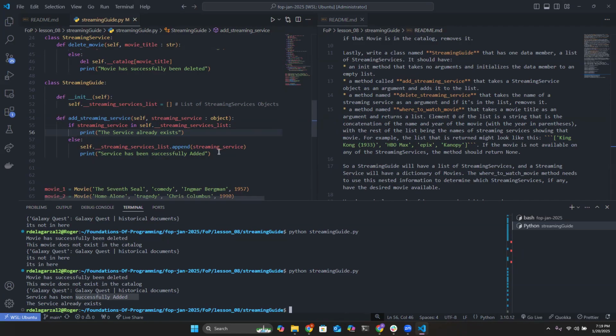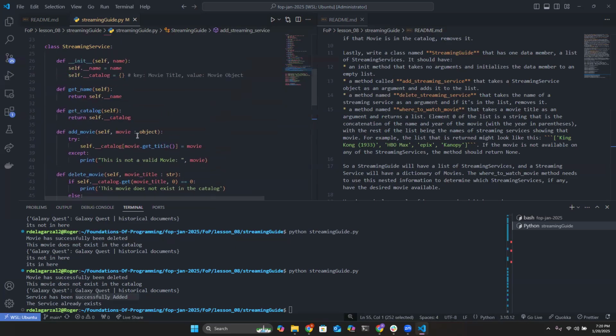Now, what issues might you encounter with this method? You try to add something that's not an object. Yeah. If I try to pass in something that's not an object, it's gonna pass. Lists have different data types that you can store in them. It's not just restricted to only objects. If someone tries to run this method and add a string or integer, this will succeed. It's gonna check whether it's within this list, and if it's not in there, it's gonna append it regardless. And even if I try to add it again, it will tell me that it's in there. So you might want to check whether the item you're adding is actually an object,